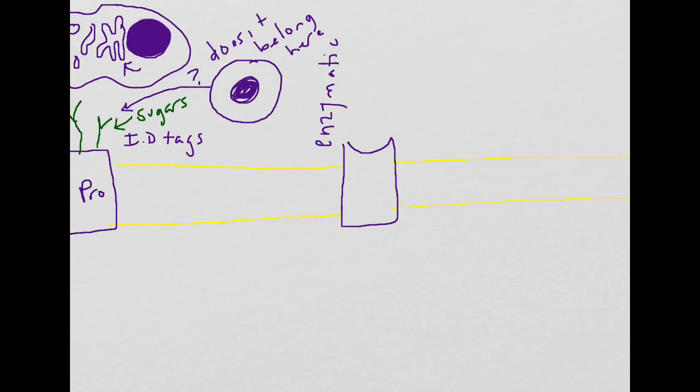So enzymatic proteins. And they are, as I said, biological catalysts, so they speed up reactions. And what's unique about enzymatic proteins, they are an enzyme, and they have a substrate. It's what they work on. So if this one I'm drawing is going to break down this substrate, it brings it in, and then the next step,